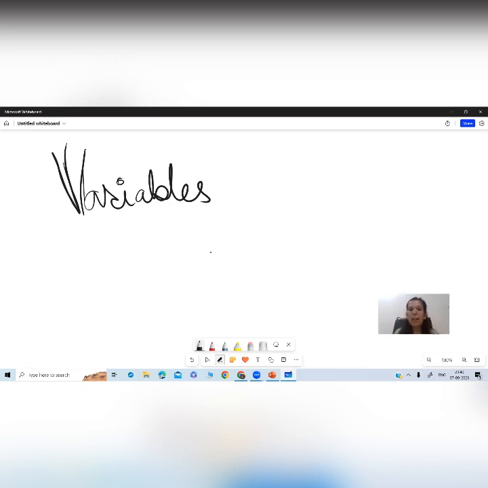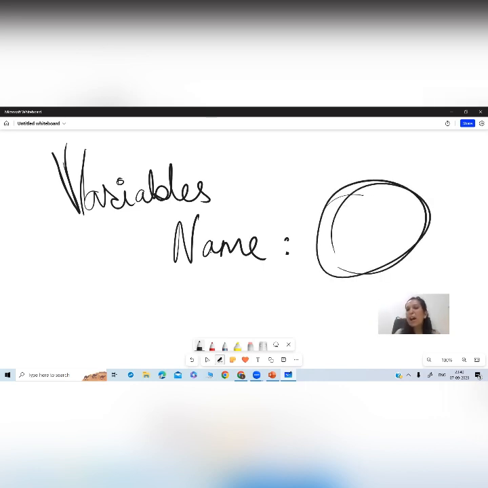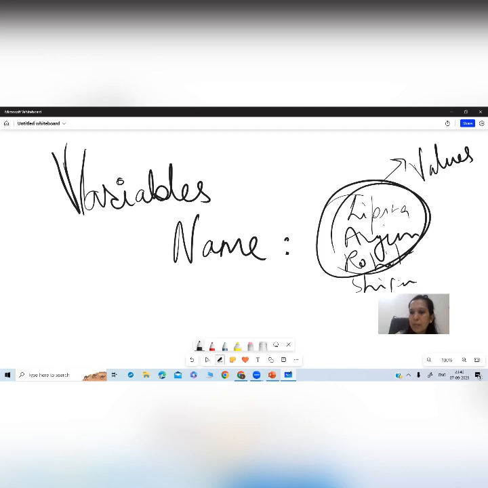If I write name here, I will have 80 different values. Maybe the first name is Lipika, then Arjun, then Rohit, then Shivani, and so on. So basically, name is a variable and the names of the persons are the values, right?